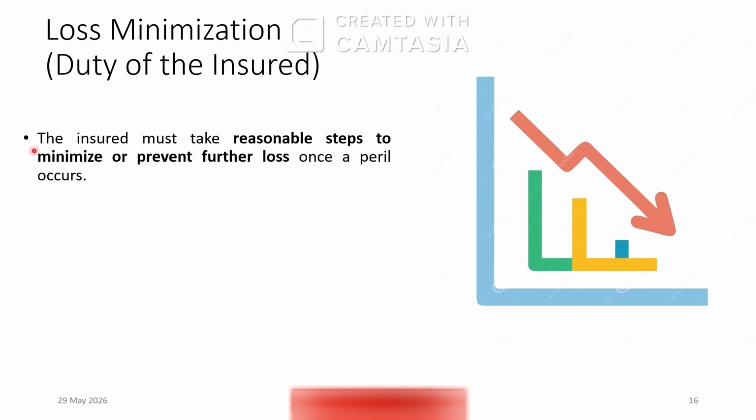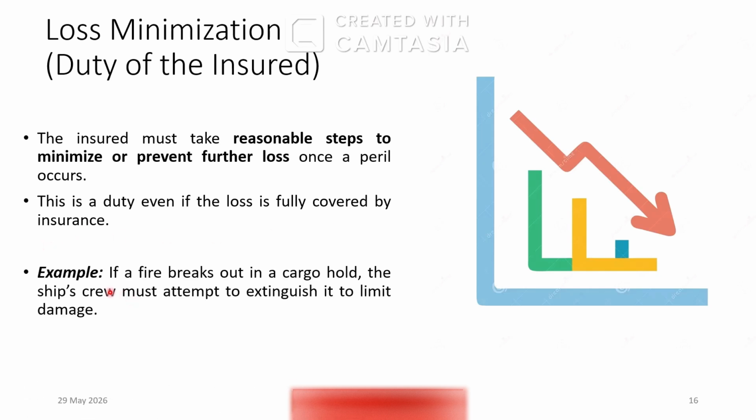Loss minimization. As per MIA, the insured must take reasonable steps to minimize or prevent further loss once a peril occurs. Right? This is a duty even if the loss is fully covered by the insurance. For example, if a fire breaks out in a cargo hold, the ship's crew must attempt to extinguish it to limit the damage. Right? Though the ship is insured, the ship's crew must take all reasonable steps to extinguish